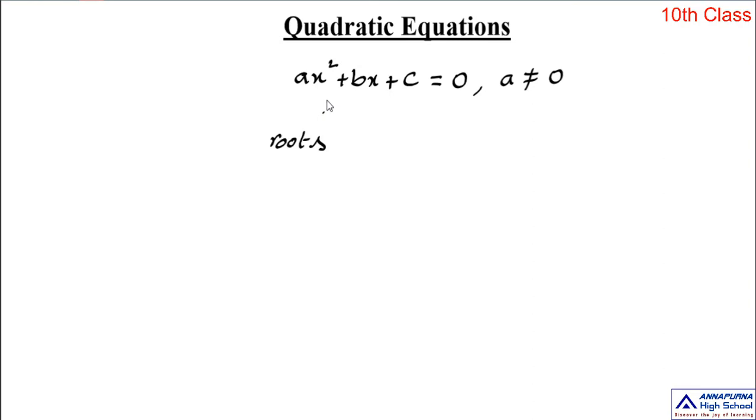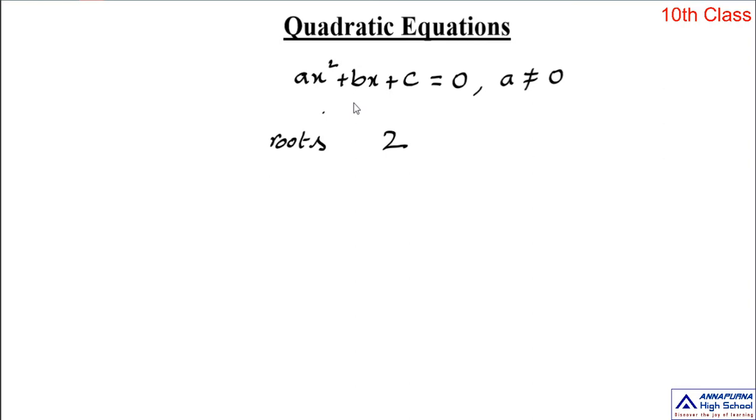Okay, so what is the degree of this quadratic equation? Yes, its degree is 2. So this equation has at most how many zeros? That means how many roots, how many solutions? Yes, it has at most 2 roots. That means 2 solutions. The number of solutions or roots completely depends on the degree of that equation.